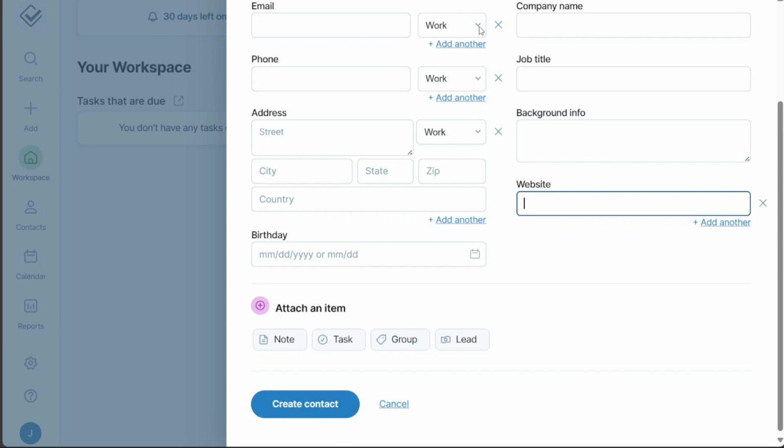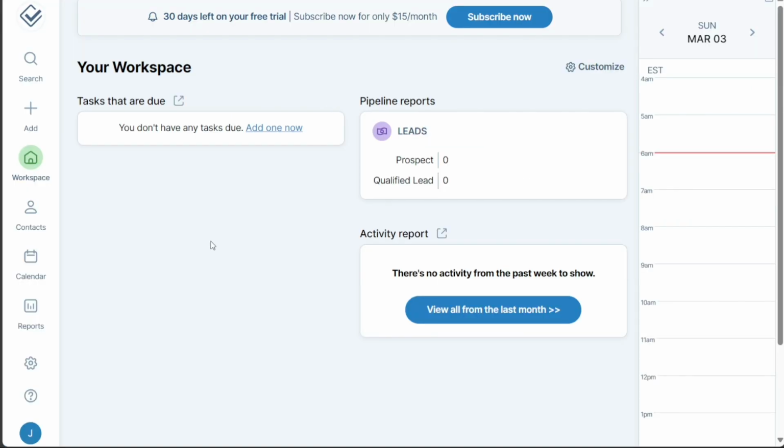Next, let's see how to create tasks in Less Annoying CRM. A task in Less Annoying CRM refers to an objective or action item that needs to be completed. Tasks could range from making a phone call or sending an email to scheduling meetings or following up with a